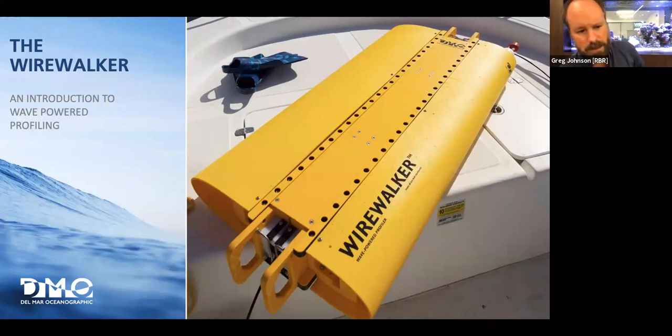So finally, we're going to chat about the Wirewalker. The Wirewalker, as I mentioned, is this wave-powered profiler, and it's a fascinating vehicle by virtue of its simplicity. If you're going to have moving parts, you want to have as few as possible. And Rob Pinkel, Drew Lucas, Mike Golden, and Tyler Hogan have done amazing work in the design of